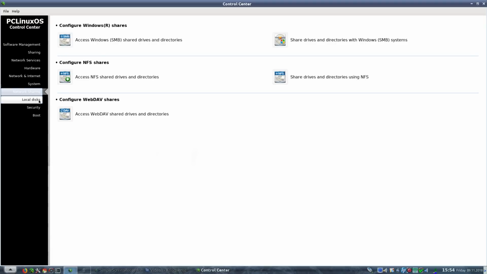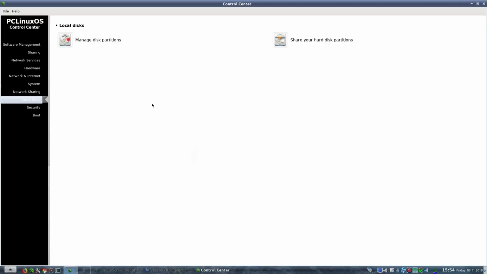So they've got all the tools needed to manage all those things on your networking. Manage disk partitions, share your hard disk partitions. Security, set up a firewall. Configure authentication tools, and then you've got boot, set up boot system, set up display manager, and set up auto login to automatically log in. So that's your